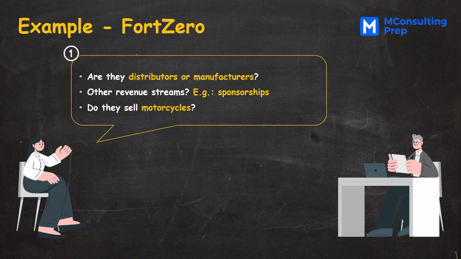First of all, can you tell me some more about how our client does business and how their YouTube channel generates revenue? For example, it looks like they buy from manufacturers and then sell to consumers. Is that correct? I also suppose they generate revenue from YouTube by referring to their own website, but do they have other revenue streams such as sponsorships? Do they also sell motorcycles?